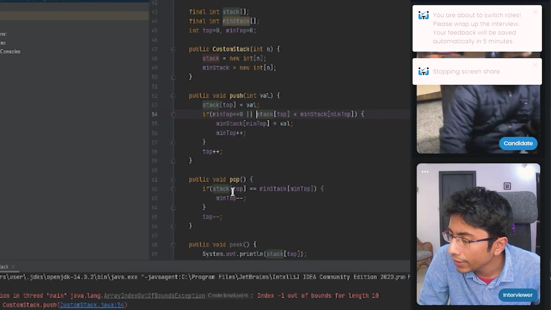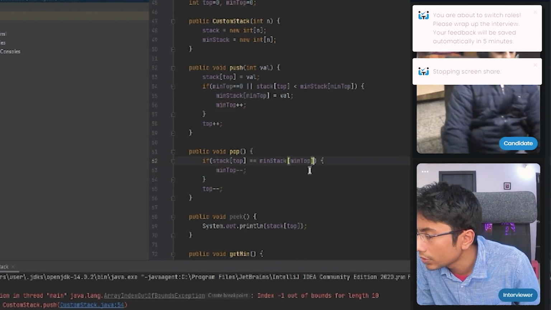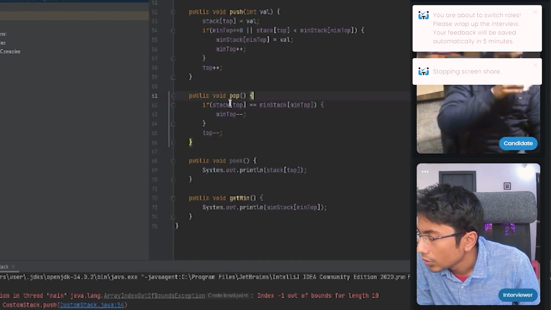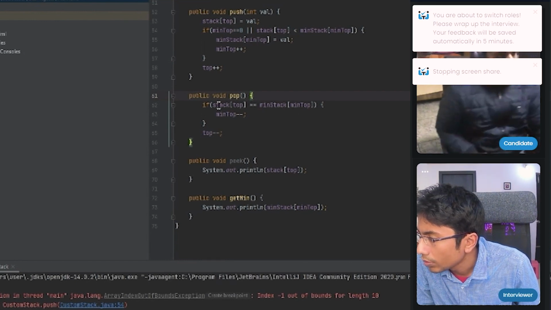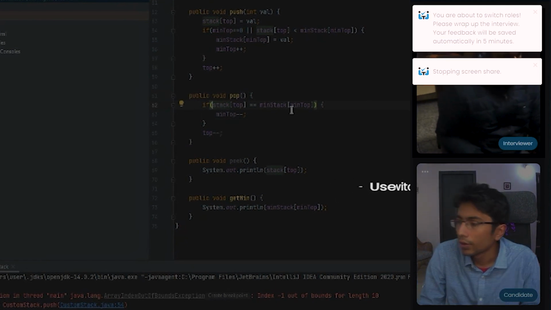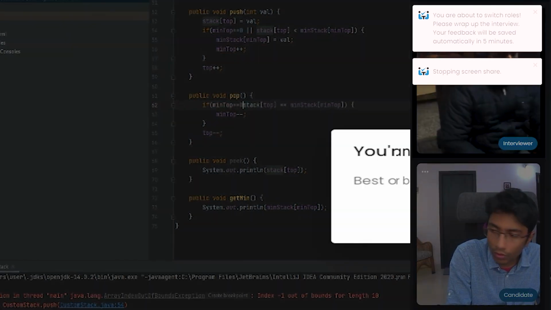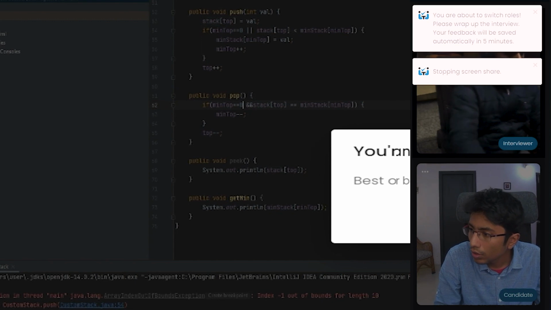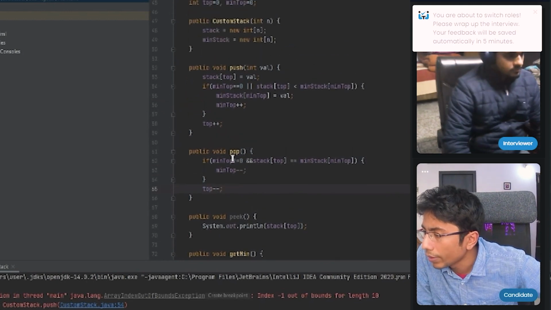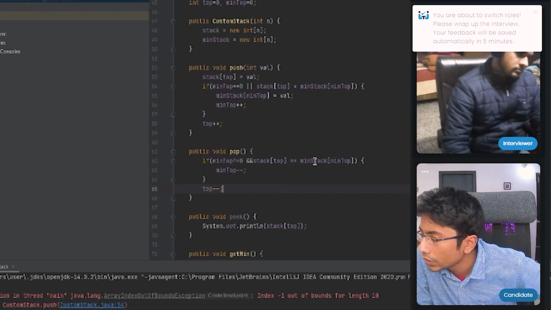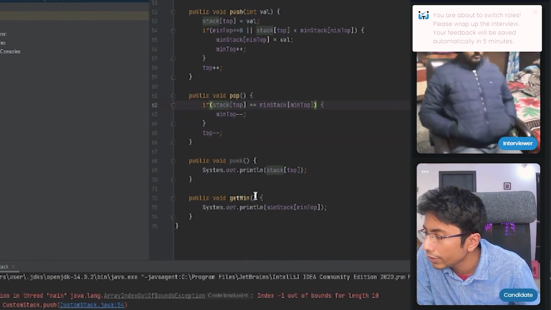Popping is okay. So there might be underflow, but if min top is not equal to 0, it means min top cannot be 0. When we are popping, we have to reach a point where this operation should not be necessary. Peek and get min. Okay.